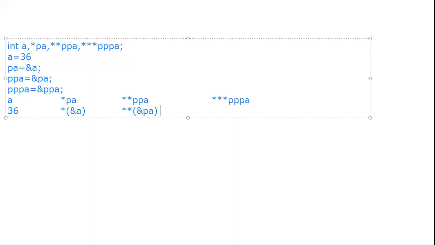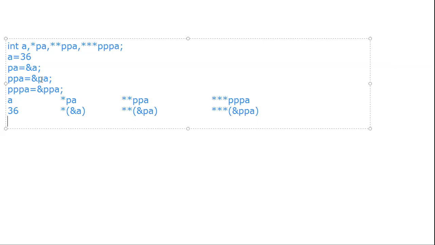Okay, so now star triple PA, ampersand. Okay, triple PA. So what it can store? &PPA. Okay, just remember that. So its value is 36. It never changes.